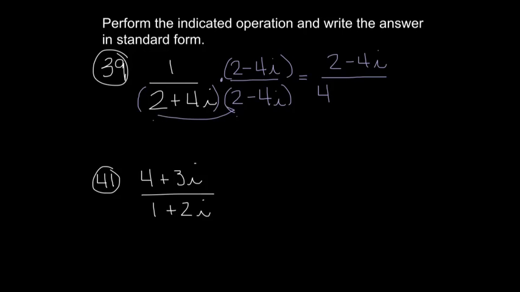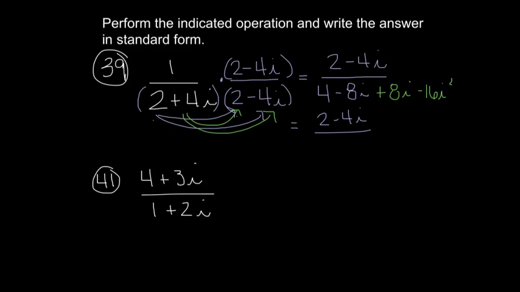So that was the 2 times 2. 2 times minus 4i is minus 8i. If I use a different color to show I'm distributing the 4i, I'll take 4i times 2, which is plus 8i, and then 4i times minus 4i, which is minus 16i squared. Clean this up a little bit. I have 2 minus 4i